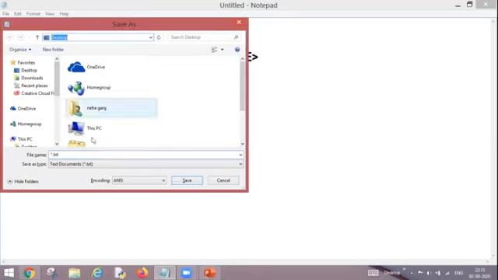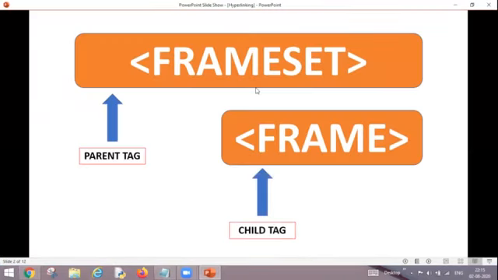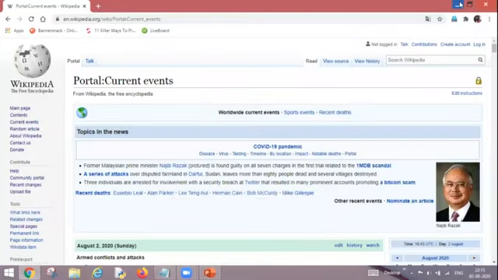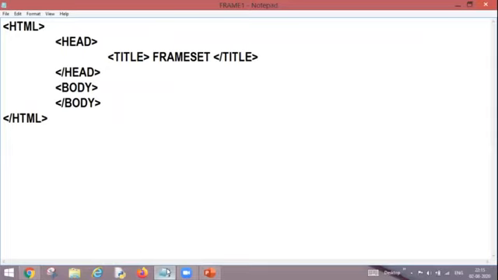On the desktop, I want to save my web page. So the name of the web page is frame1.html. Press enter. Now the web page is saved. Now I'm going back. Now this is my desktop and the web page is saved over here by the name frame1.html. Now as you can see, this is my empty web page because we have not written anything yet.